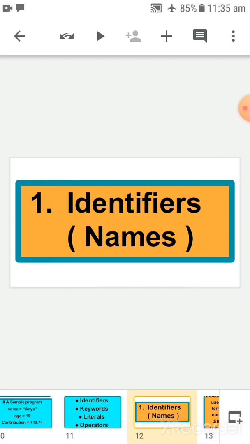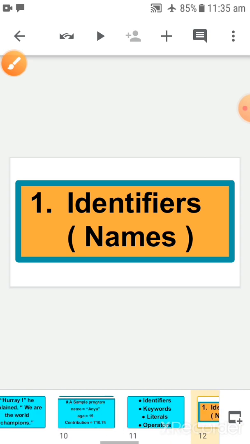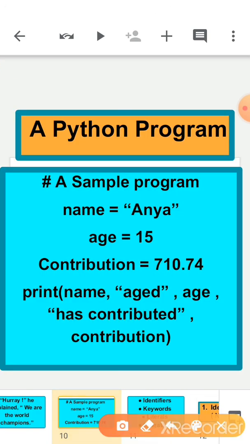Like in this program I have introduced to you, name is a variable.